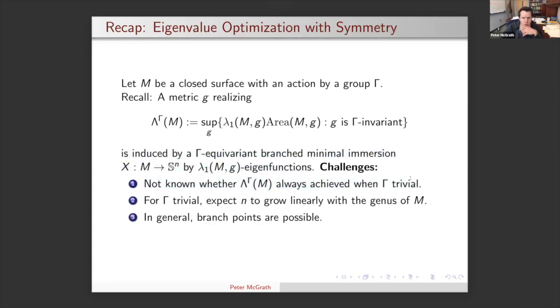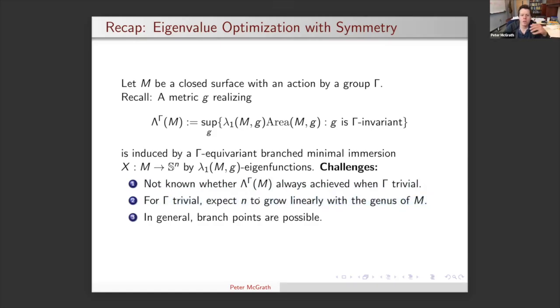Obviously, as Daniel pointed out, in general, it's not known whether this supremal normalized eigenvalue is actually achieved. And we have shown that in many cases, with many group actions, it is, and that's what I'm telling you more about today. But beyond just the existence, if one is trying to construct nice embedded minimal surfaces, there are 2